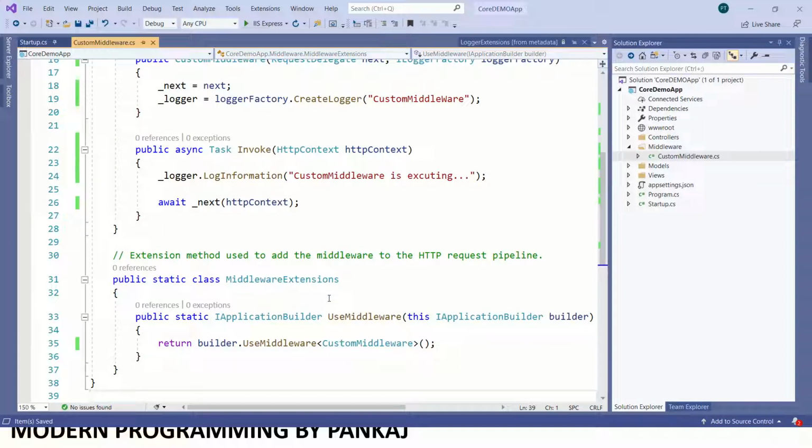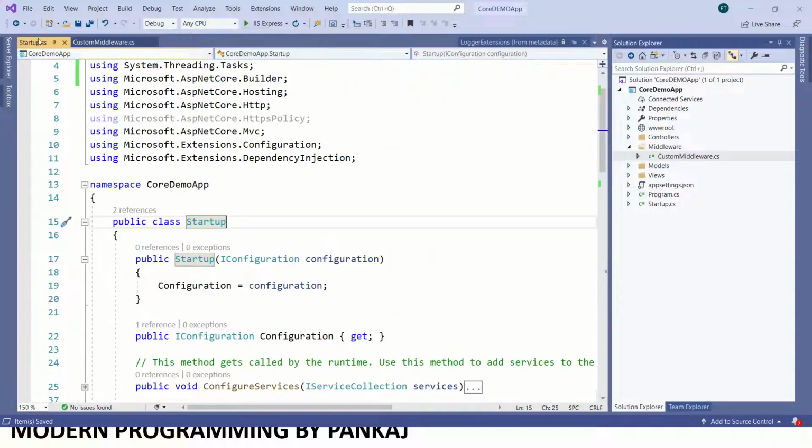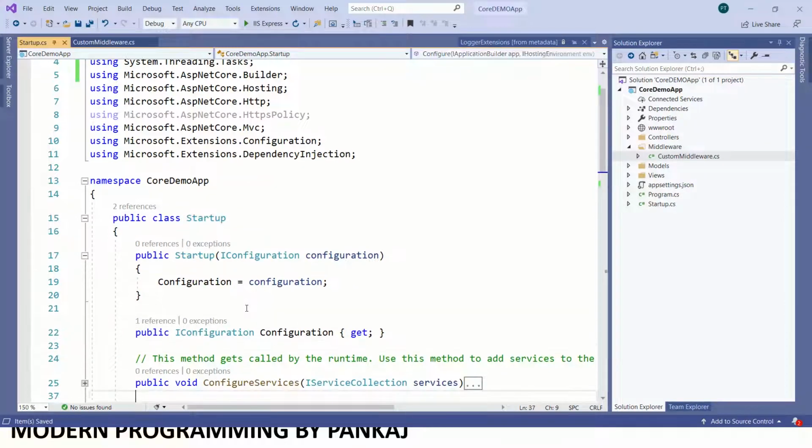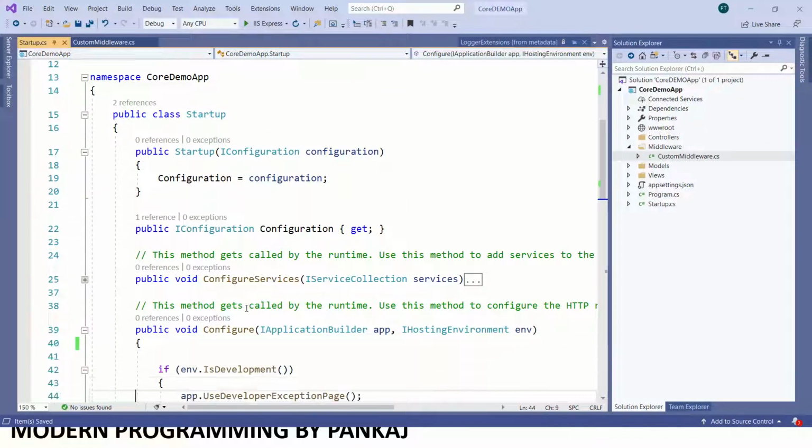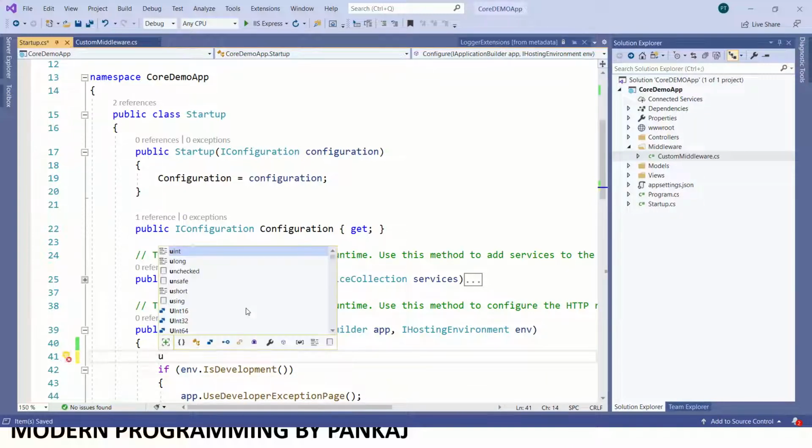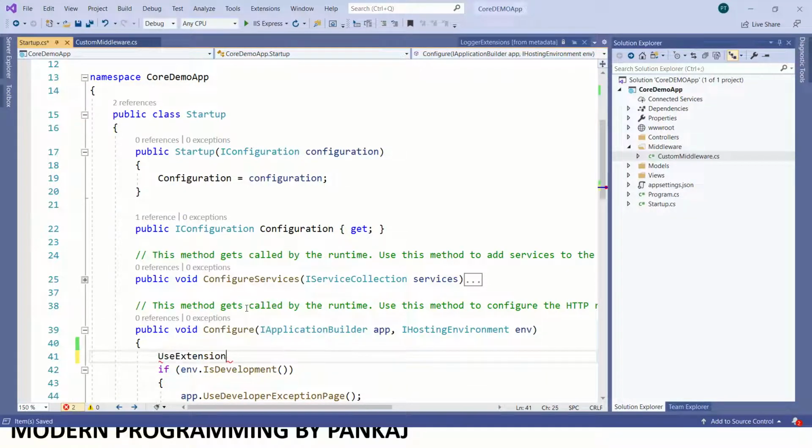Now how can we add this custom middleware to our request pipeline? We can use a method in the Startup class, and inside the Startup class we have the Configure method. I have already discussed how we can add all these things, but we can use the Use method.